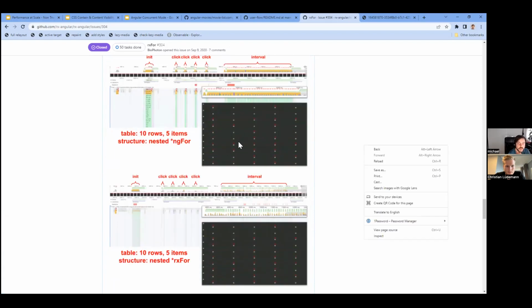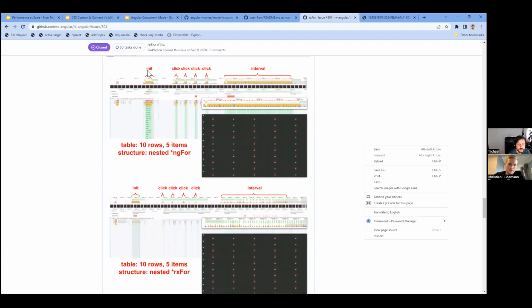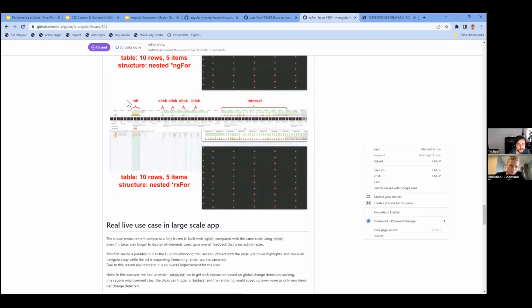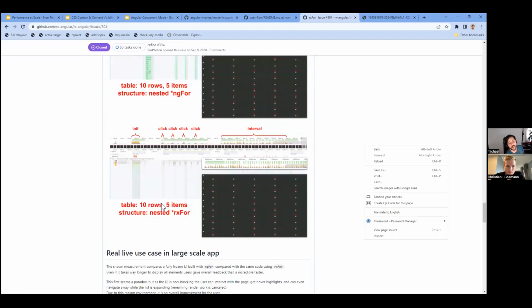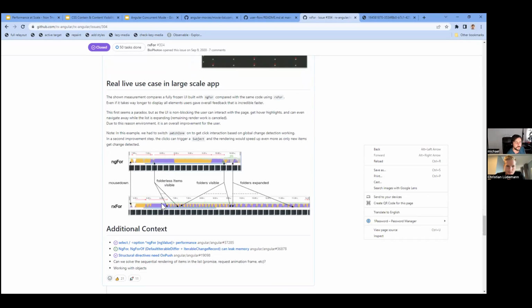So this was the demo list that had 5 by 10 items, and running the ngFor within it with some clicks and with an interval looks like this. And if you run the rxFor with an init, some clicks and an interval, it looks like this. And it is quite a difference if you just look at the interval, at the heavy interaction here, not a single blocking task. And also here and here, it is nearly noiseless in the flame. So that's a dramatic improvement that you can achieve with this